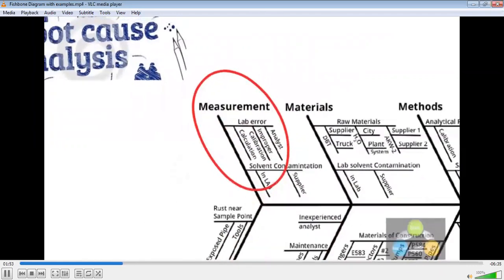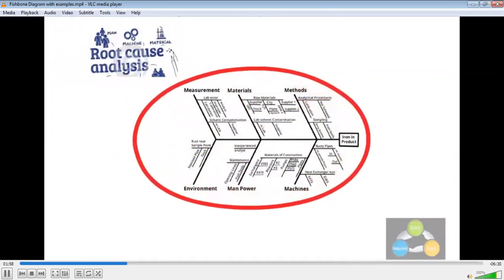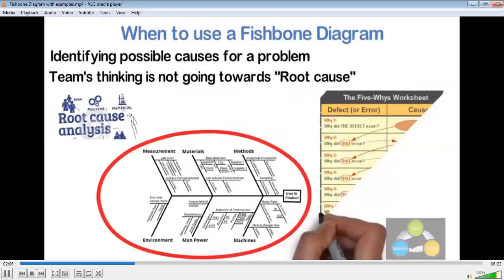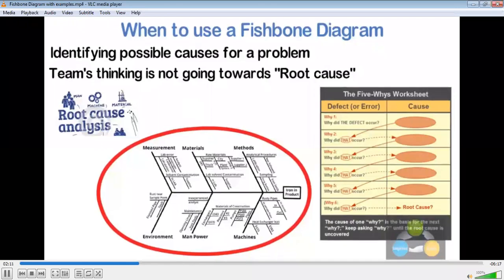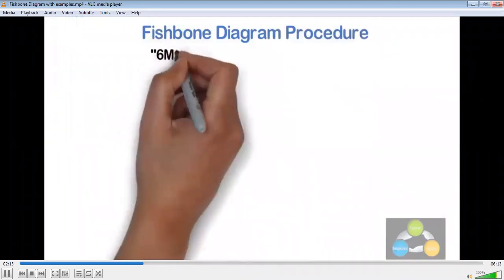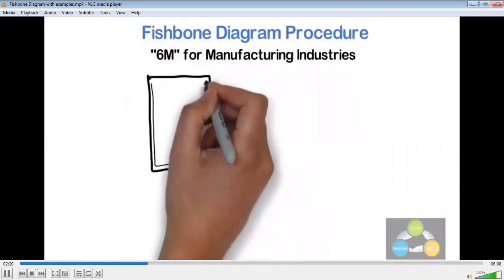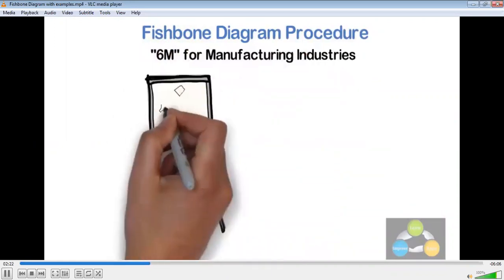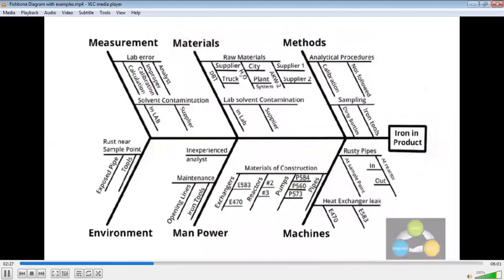To help structure the approach, the categories are often selected from one of the common models shown below, but may emerge as something unique to the application in a specific case. Each potential cause is traced back to find out the root cause, often using the why analysis technique. Fishbone diagram procedure. Let's see first 6M for manufacturing industries. Materials required are flip chart or whiteboard and marking pens. Step 1. Agree on a problem statement, that is effect.